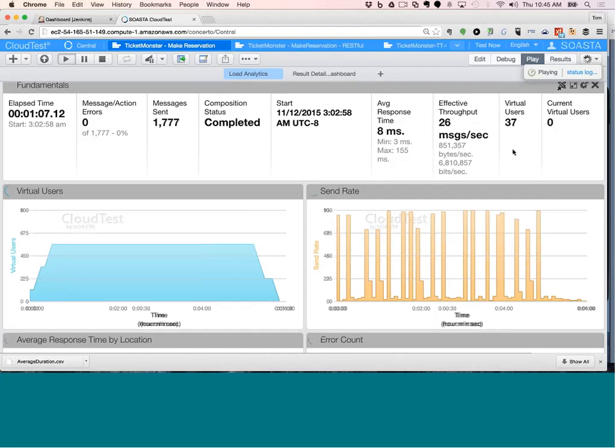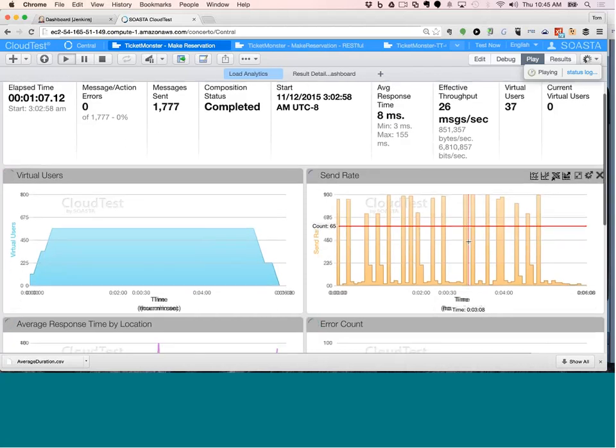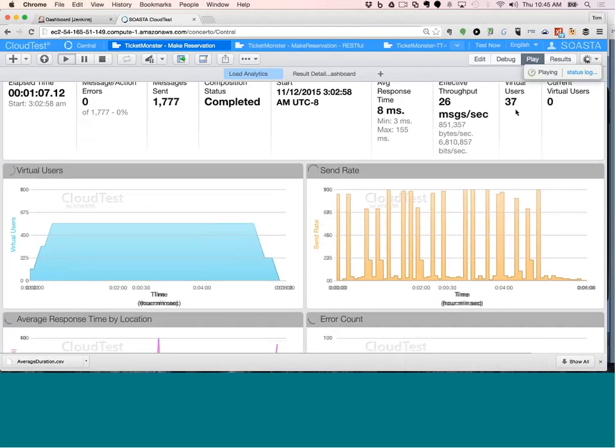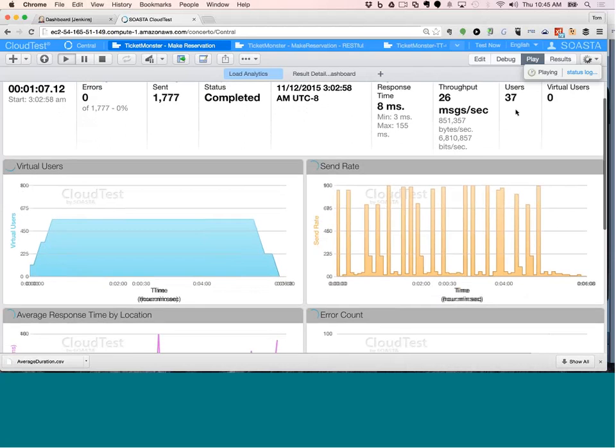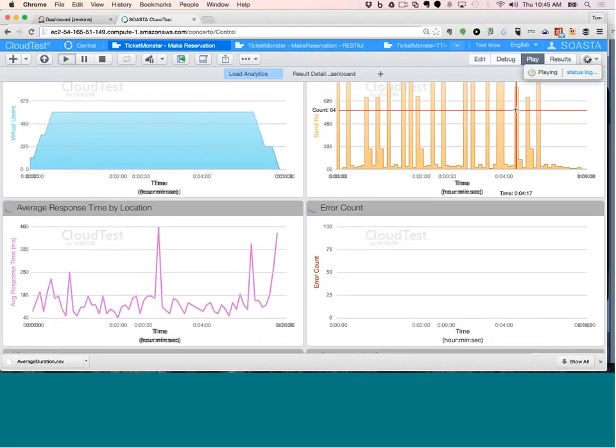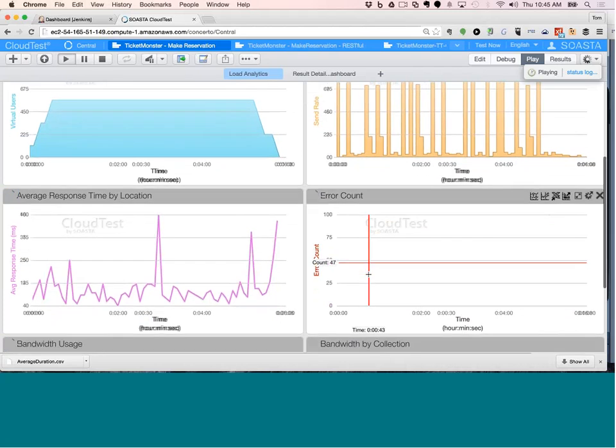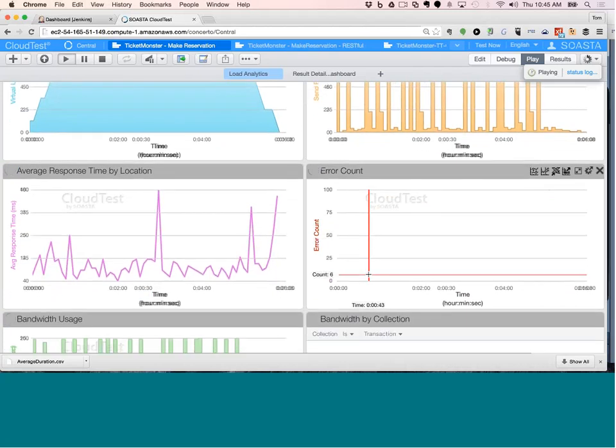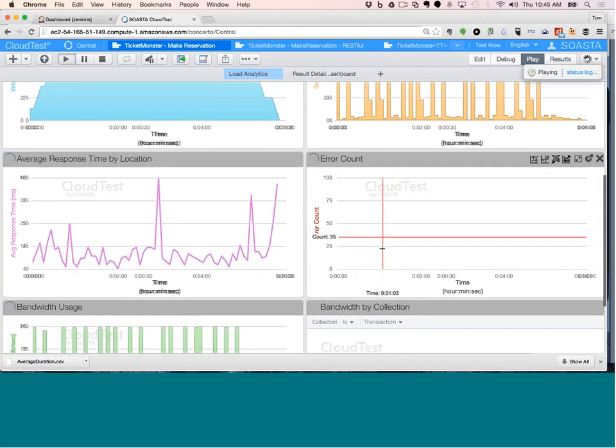In the 1-minute test that I ran a little while ago, we ended up running the test 37 times across the 5 simultaneous virtual users, and we can see how the response time is affected by how many users are running at the same time. This was just a load test of only 5 users, so we actually didn't cause any errors to happen during the test, but we can do that when we want to stress the application and run a stress test. We can start raising that number higher and higher.